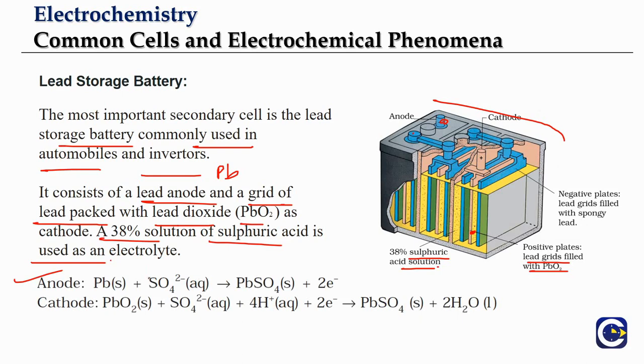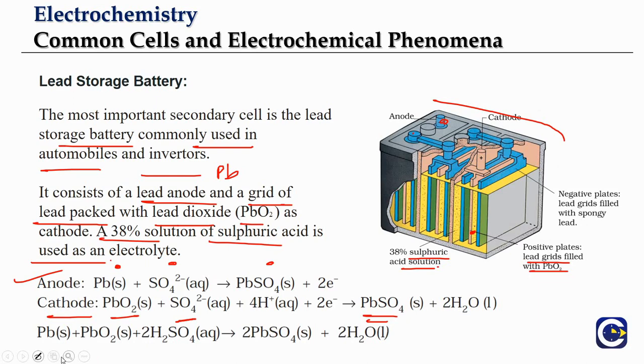And if you look at what happens at the anode, there is always going to be oxidation. Lead is the anode, so lead will react with sulfate ions from the electrolyte to form PbSO4. And at the cathode, lead oxide will combine with sulfate ions, giving PbSO4. So the overall reaction will be Pb, that is the anode part, plus PbO2, that is the cathode part, plus 2H2SO4 gives rise to 2 PbSO4 and 2H2O.